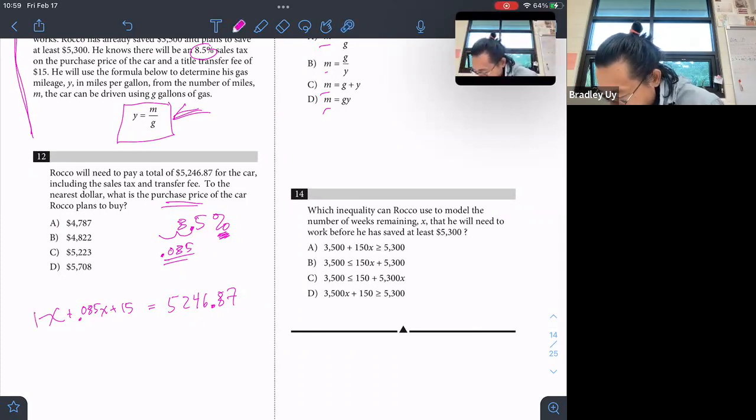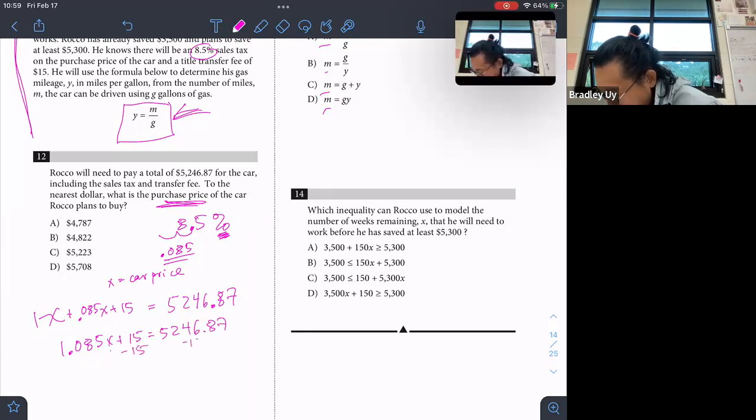There is a number out here that we don't see. It is 1. So we can rewrite this as, remember, clean things up first. 1.085x. X is the purchase price, by the way. X is car price, not including tax or that transfer fee of $15, plus 15 equals 5,246.87. To solve for X, we need to get X by itself. We're going to move terms first, minus 15. 1.085x equals